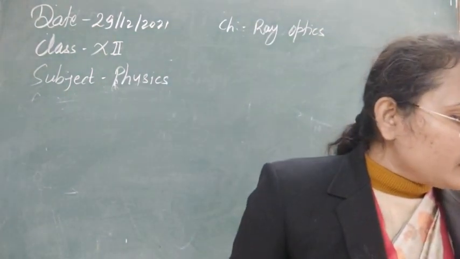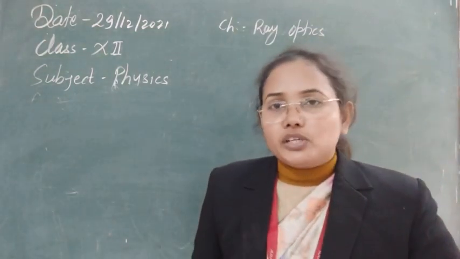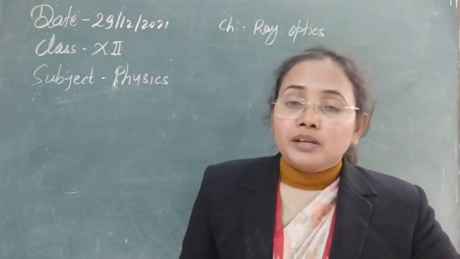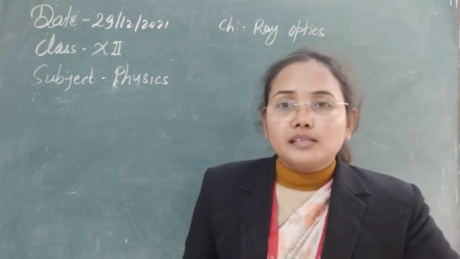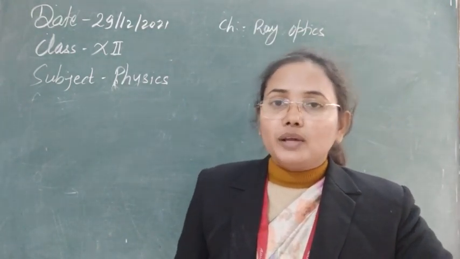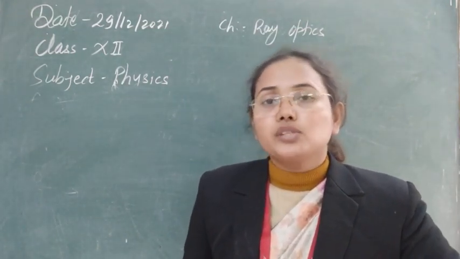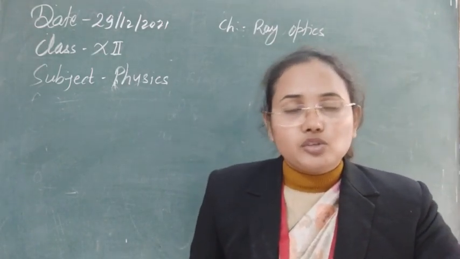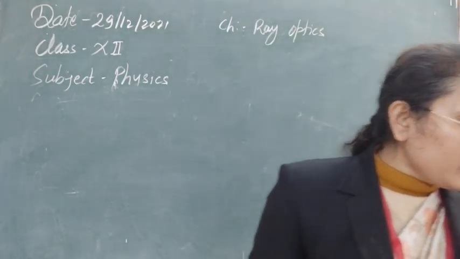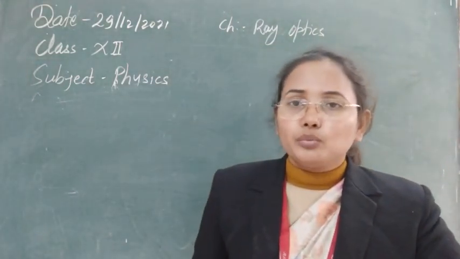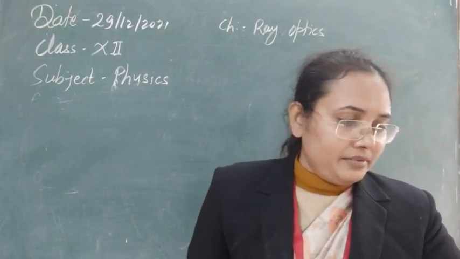Next one, center of curvature. The aperture we have used is part of a sphere, so it will obviously have a center of curvature. So here, if you have two surfaces, then you will always have two centers, and also two radii of curvature. Next one, principal axis, principal focal point, two foci, focal length, all those definitions we have discussed before.